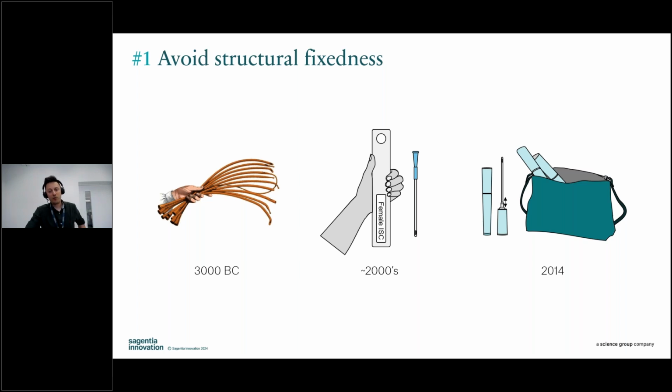Here's an example, more from medtech, intermittent catheters. For those that aren't aware, these are things that you would insert up the urethra to void urine from the bladder if you have an impairment or mobility issues that means that bladder function is not optimal. These have been around millennia ago. The first documented types of these devices used dried rolled leaves or reeds with holes in the end that were reported to be used as a catheter. And fundamentally, the structure of them, i.e. a tube with a hole in the end, hadn't really changed even in the mid-2000s.